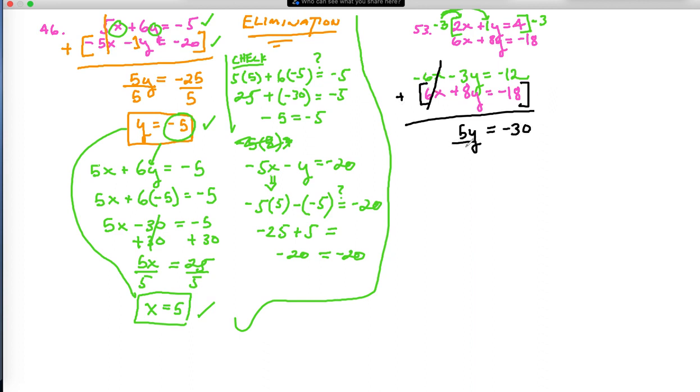And if I want to solve for y, I divide by 5. I'm gonna get y equals negative 6. And now that I have y as being negative 6,